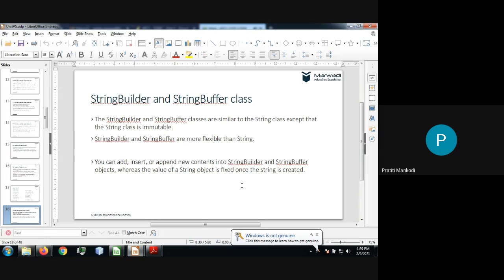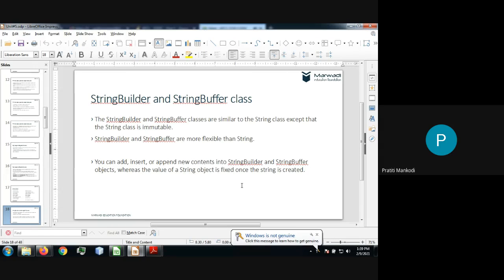This is how Java has constructed these classes, so we have to accept it. You can add, insert or append new content into a string builder and string buffer object, whereas the value of a string object is fixed once the string is created. That is the difference between the two.